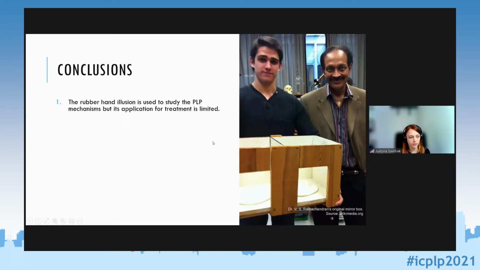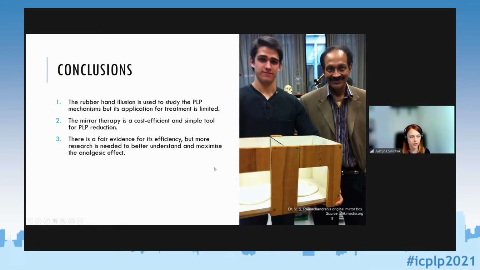Conclusions from this part of the workshop will be that the rubber hand illusion is used to study phantom limb pain mechanism, but its application for treatment is limited. And mirror therapy is a cost-efficient and simple tool for phantom limb pain reduction. Moreover, there is fair evidence for its efficiency, but more research is needed to better understand and maximize the